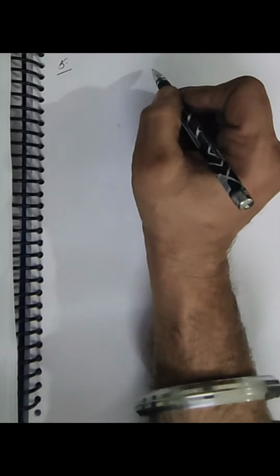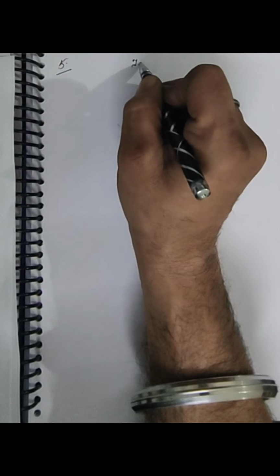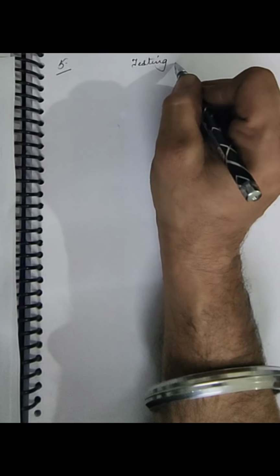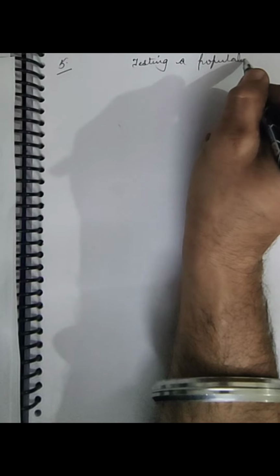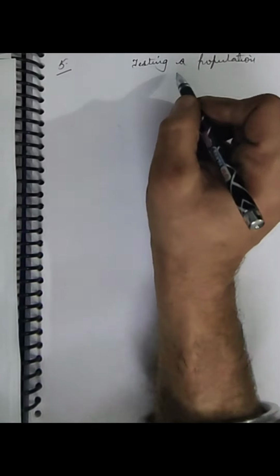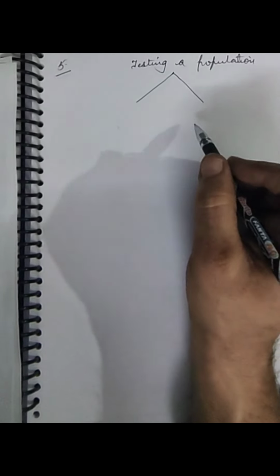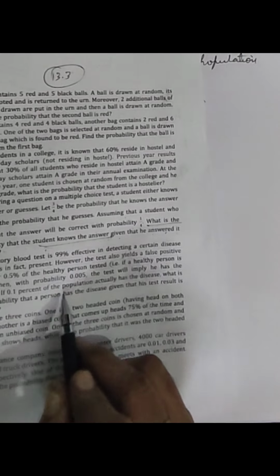Maybe it is very confusing, but I will tell you how to plot it. Plotting the tree. First, the experiment. The experiment is testing, the lab test of the population. This is the experiment. First thing, we don't find its probability. Now probabilities can be obtained from this condition. I see there are two categories. We are told that 0.1% of the population actually has the disease.